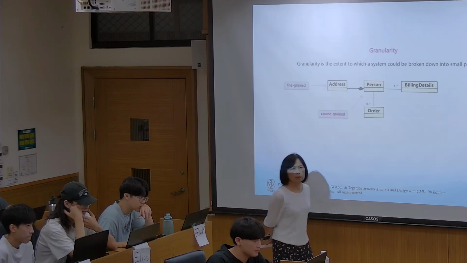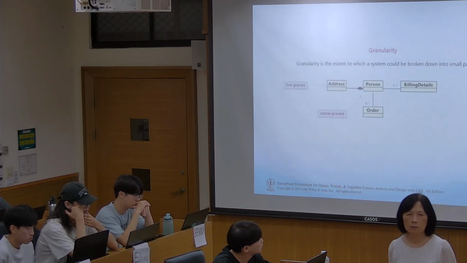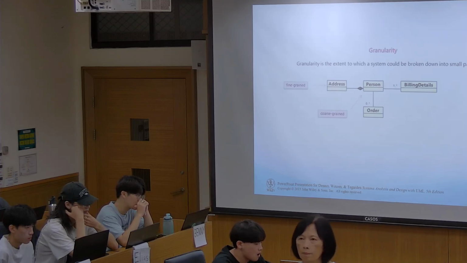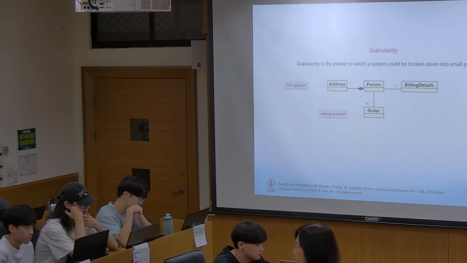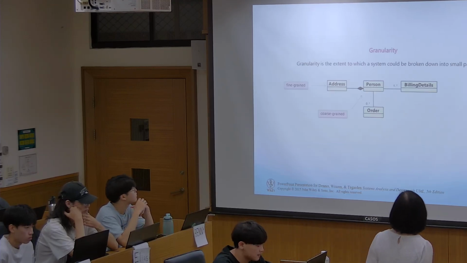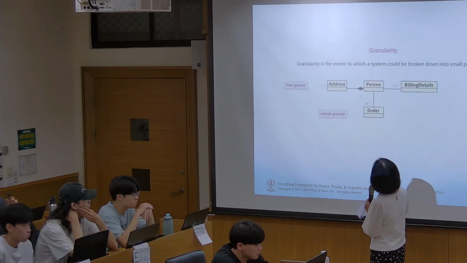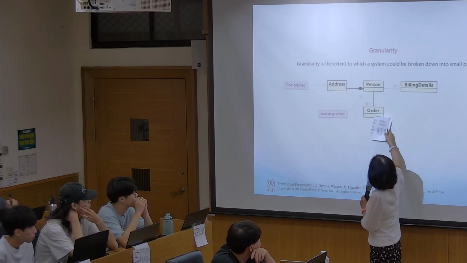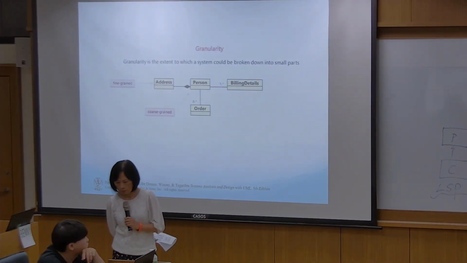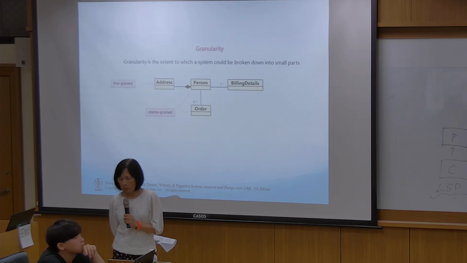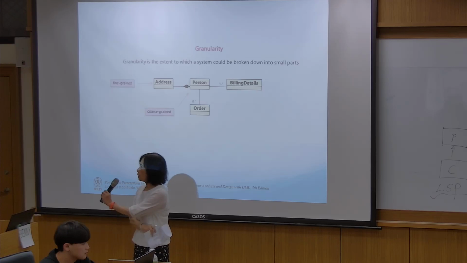I think object is higher granularity because, for example, a person can maybe break down: a person can have an address and an order. So that is the smaller part. So I think object can have higher granularity. You said that, and then I'm going to ask you, relational data, so we have person, we have order, we have address table, different tables, and we link them, like this. Then they are the same.